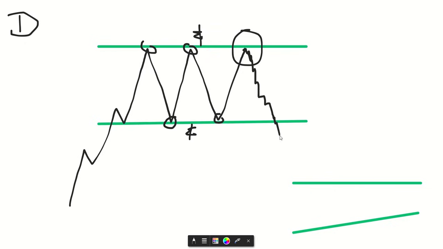Some days they can come and break. So if they break, ours is to identify: is this a false break or a real break? If it's a real break, then it's fine. When I say false break, I'm talking about a stop hunt. If it's a real break, we're gonna wait for them to come and retest.